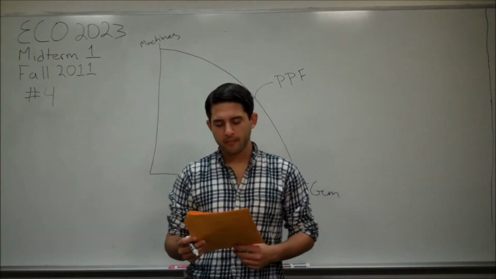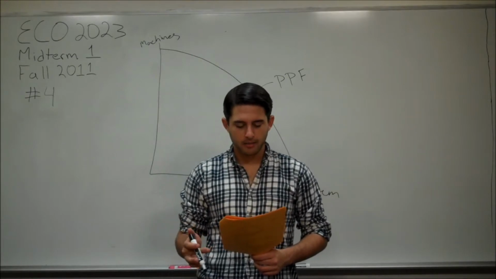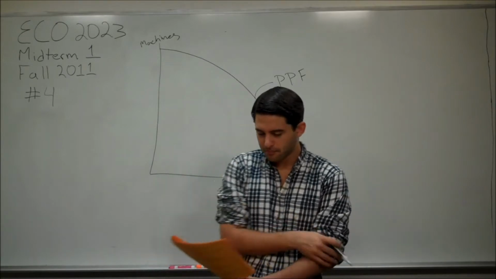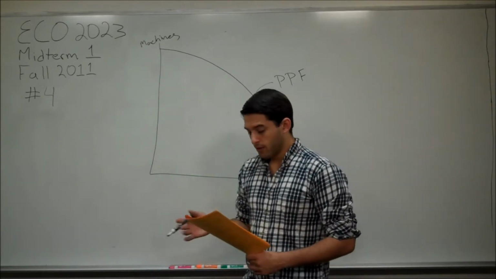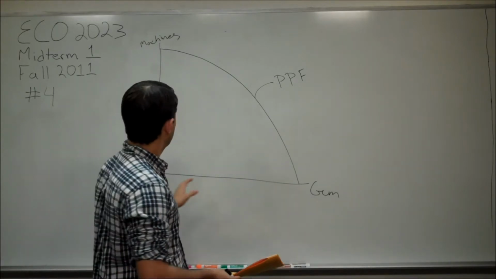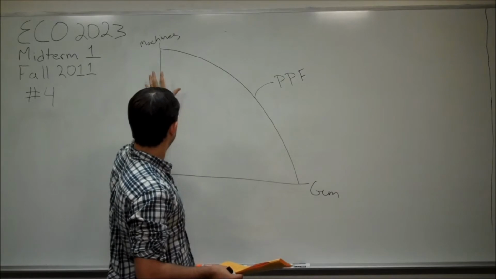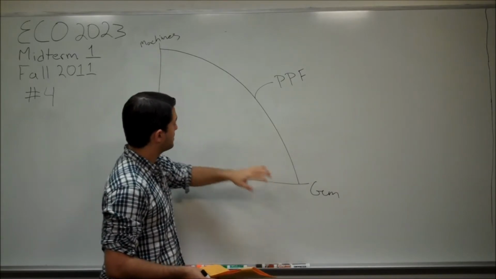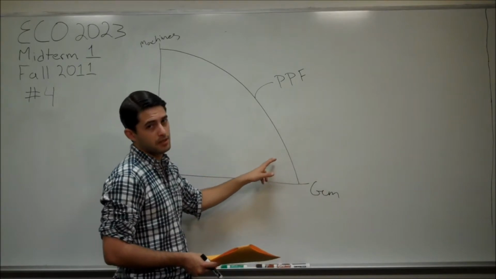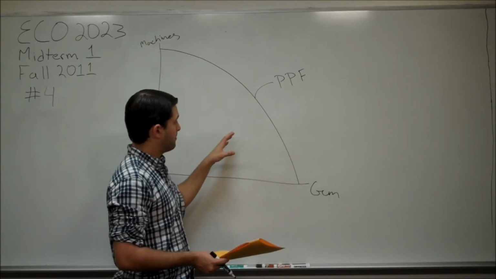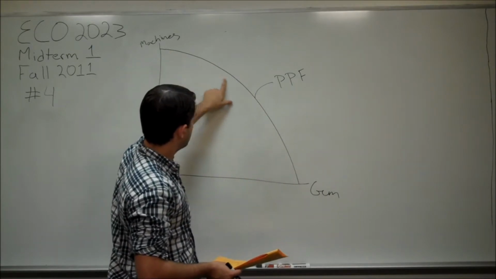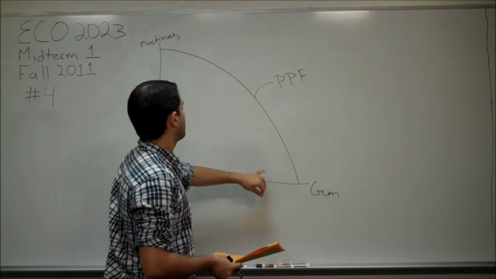Problem 5. Problem 5 reads, in a production possibilities frontier diagram, economic growth is shown as... So, first we have to draw a PPF diagram, which is one of the easiest diagrams. It's literally just between two different goods, and this curve represents the production possibilities frontier. So pretty much what this represents is any point on this line is the maximum production of a combination of